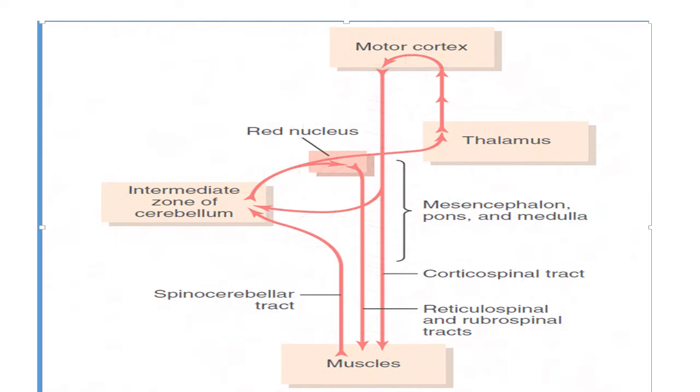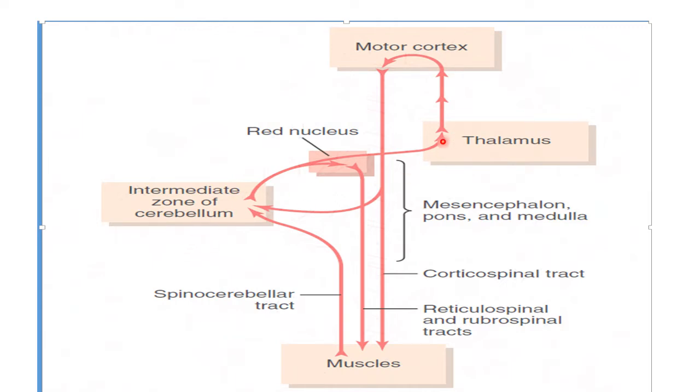I have not started my lecture proper. Now you have to first understand this point: this is the muscle. Suppose the flow diagram is cerebellum, motor cortex, thalamus. The intermediate zone of the cerebellum plays an important role in maintaining the movement, tone and posture of the muscles. How? The cerebellum is connected to the thalamus, and then it is indirectly connected to the motor cortex through the thalamus.